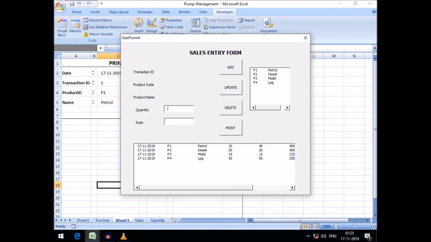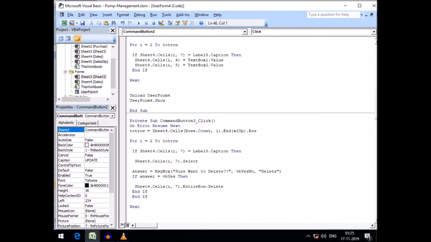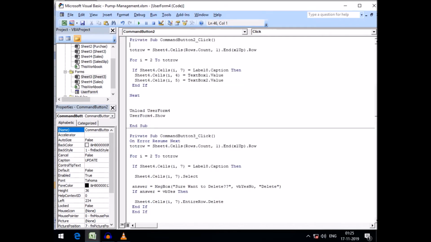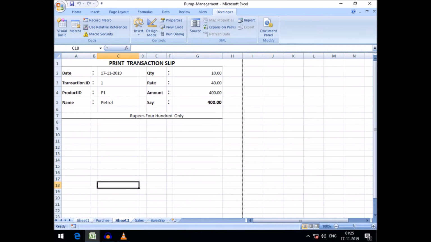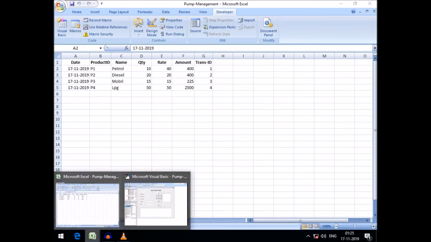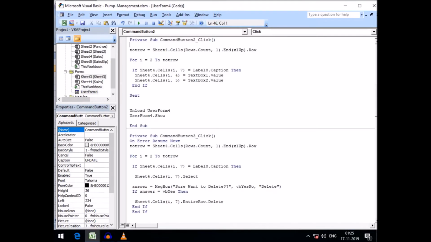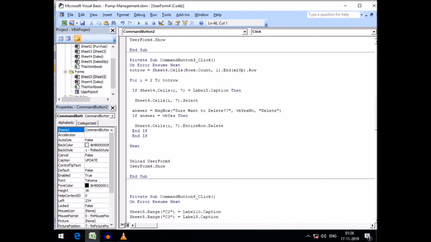And for update we can see everything should be sheet 4 friends. You can see this, our sales is 1 2 3 and this is sheet 4. Everything will be sheet 4. For update, all these will be sheet 4 friends, like this. Okay friends,